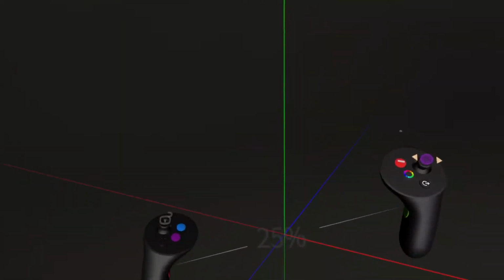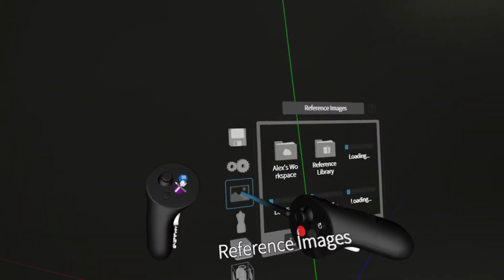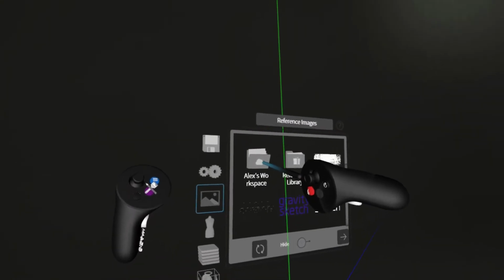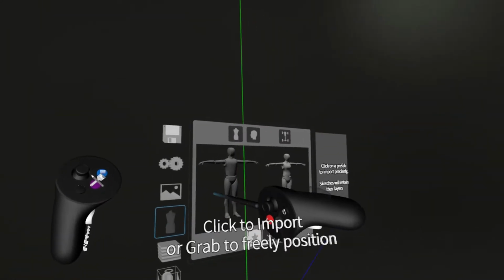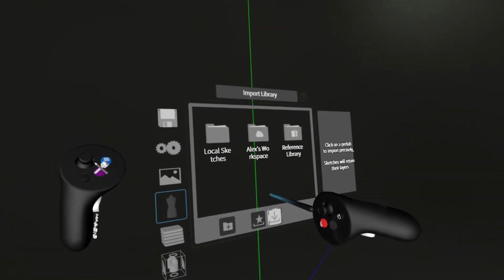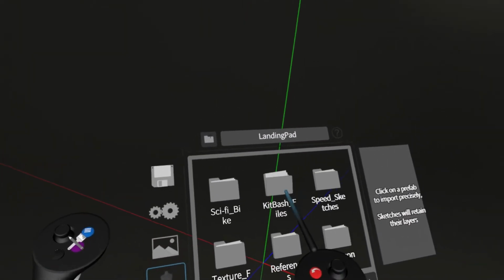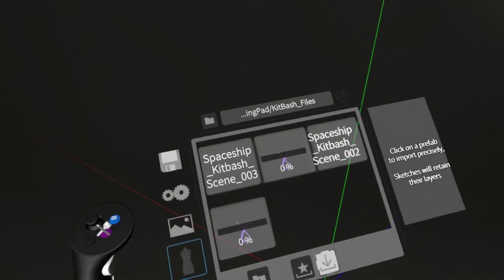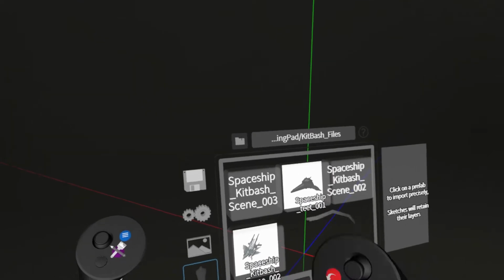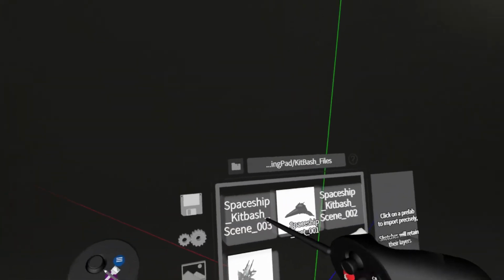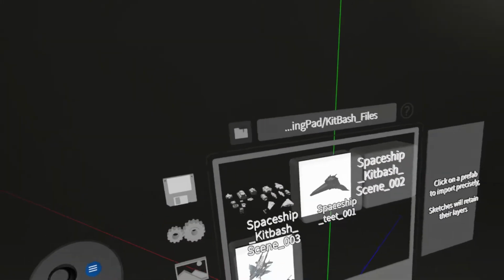You can change your lighting and everything if you need, but I'm going to go ahead and open up this. And so we'll still see our workspace in here in the references, but if you want to go to prefabs, we can go into import models and then go to that workspace folder. We're going to open that up. Kitbash files, that folder that I had. And so you're going to see everything loaded up. So what I want to look at is this one that I just saved. I brought in on the PC, and then I started in Blender, so you can start to see that little model right there. If I click it,